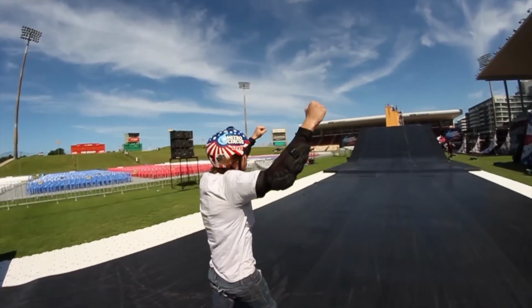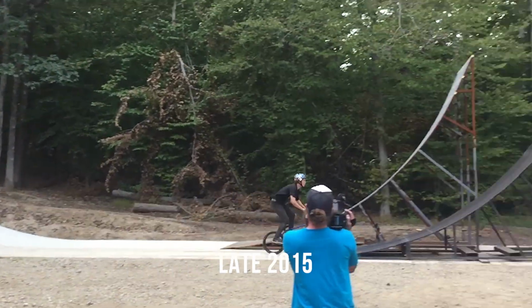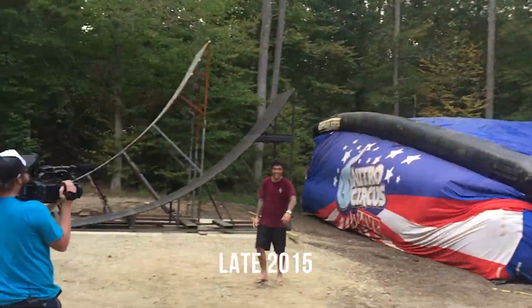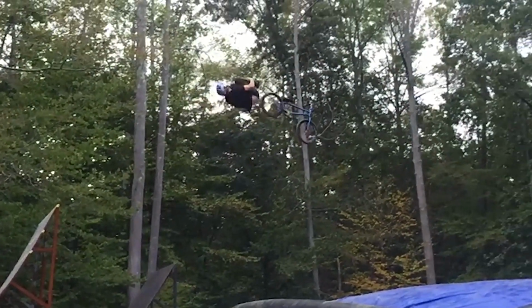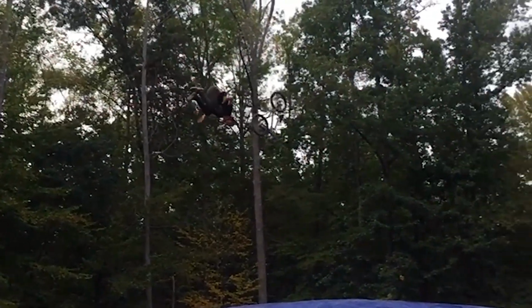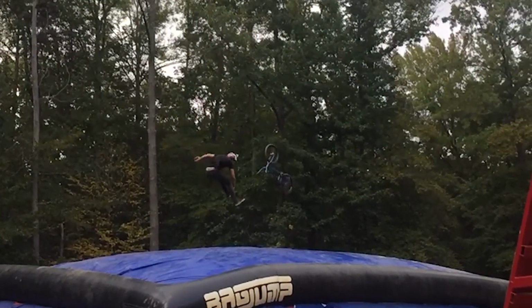As soon as I landed on scooter, I was like, you know what, this thing would work on BMX. I didn't know if it would work. A few months later, maybe 6 months later, I was at Travis Pastrana's house, and what a better place to try something new. I tried to do a free Willy on BMX, and it's way harder on BMX because you imagine the wheelbase is so much longer. I threw the trick, and it felt pretty good, but I was nowhere near grabbing my hands on, and that's kind of where the trick ended for me on BMX at that point,